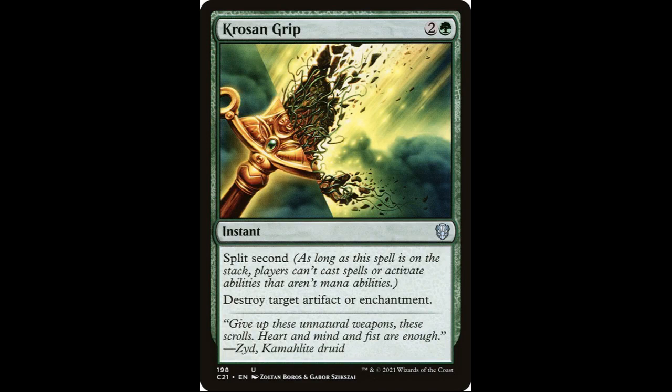So number 17 I put as Krosan Grip, because, I mean, split second, it destroys target artifact or enchantment. That's all it says besides the flavor text. But split second, you can't play anything over that. Oh yeah, you can't counter. You can't Teferi's Protection, or whatever that card is called that I did not put on this list. It's a good card in general, but